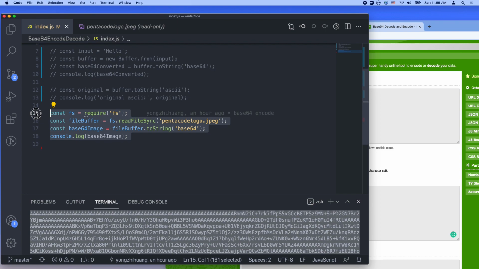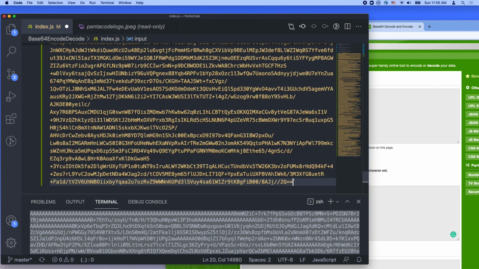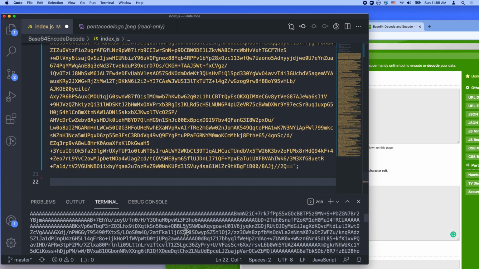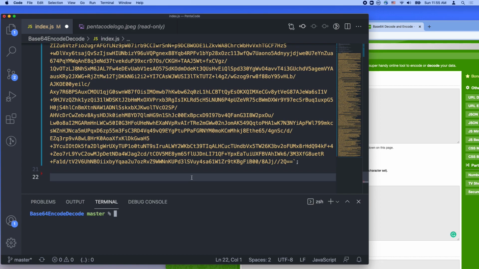Now let's do the reverse, okay? If you want to do the reverse, you have to input the string value as the actual original input. So let's do an input. Let's use string interpolation. This was the thing I just copied from the console. This is a base64 encoded representation of the logo.